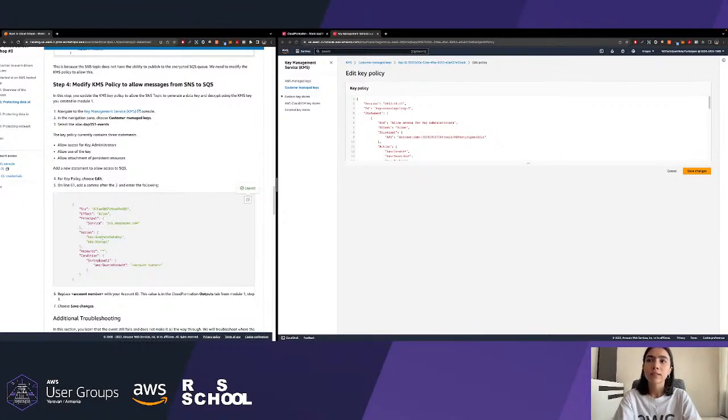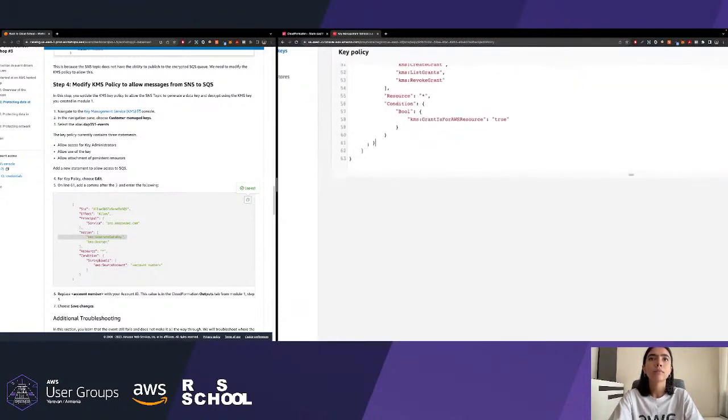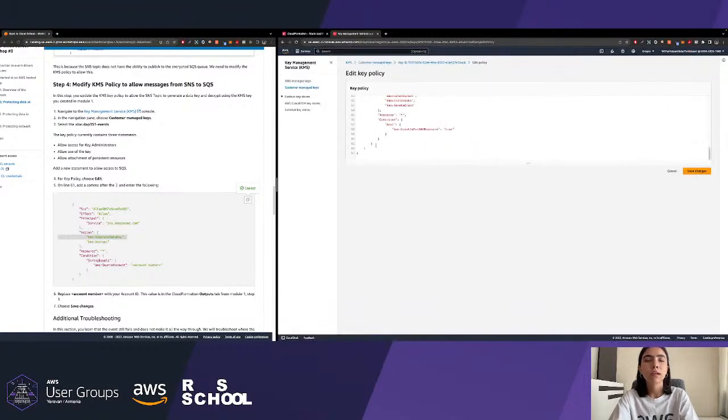Okay, so it is allowing actions of generating data key and decrypting it. Let's just copy it, go ahead to our key policy and edit in the line right here, 61, just add the comma here, enter and paste.